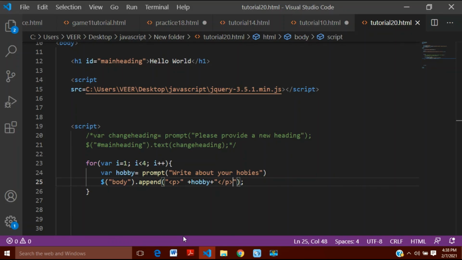So now in the next video we will talk about how you can create some animations into HTML document using